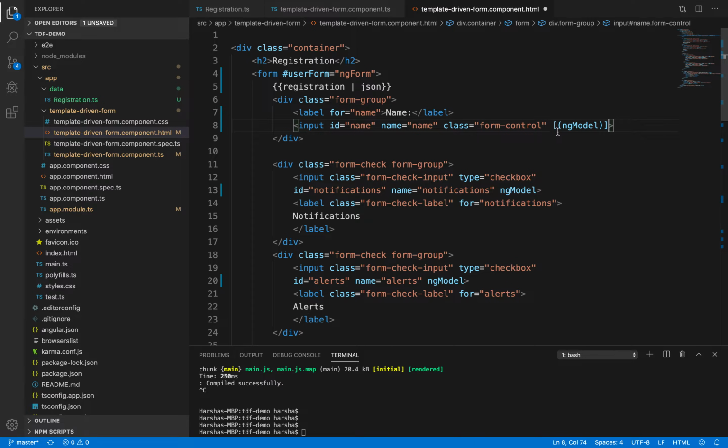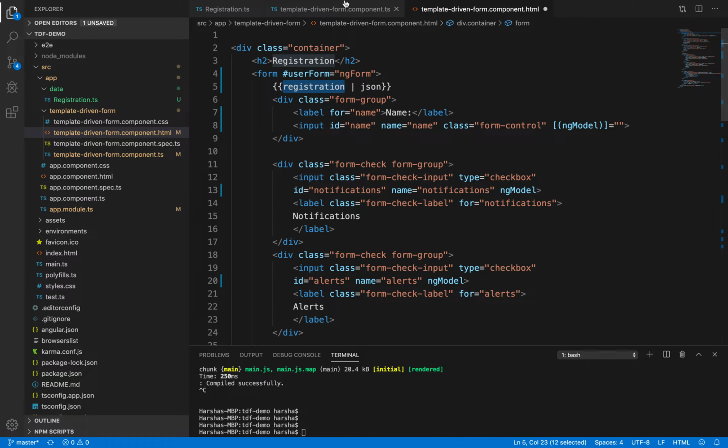We want two-way data binding to be achieved, so we are making use of it in this case by enclosing the ngModel directive with the banana in a box pattern. Banana in a box means a square brace inside another normal brace. And we need to assign this to registration.